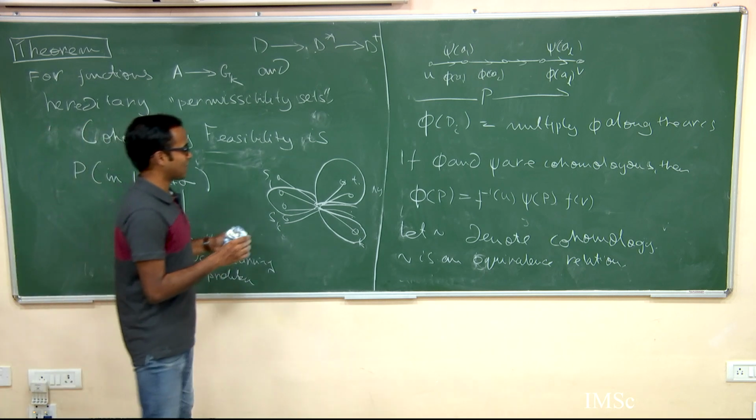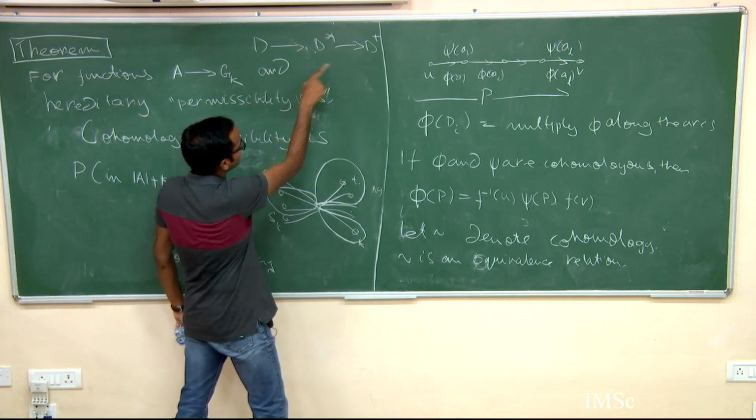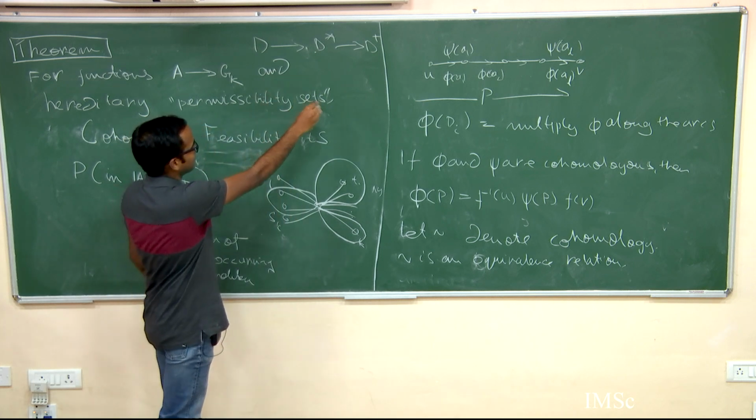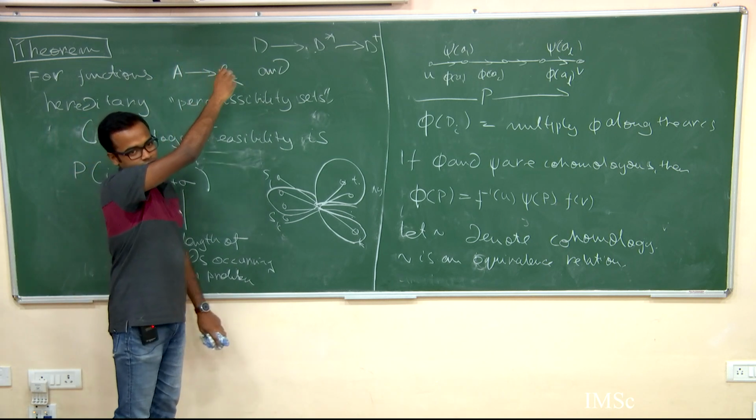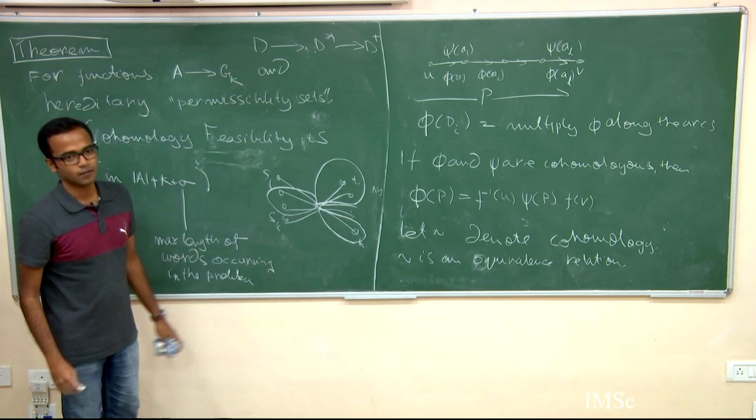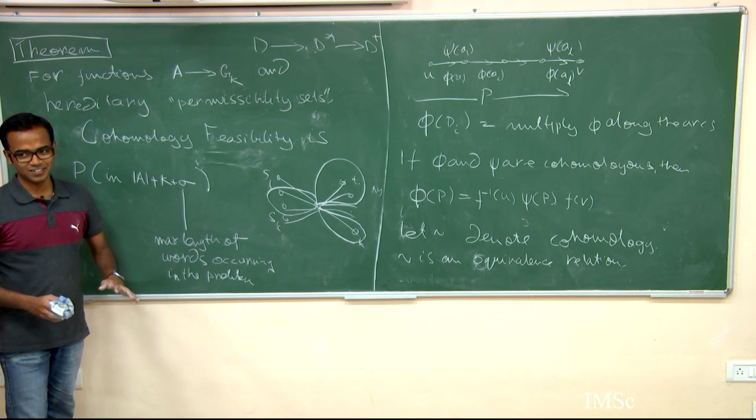What will happen is that when you go from this to this, any path you get in this corresponds to a unique path in this. That's how you will get it. The constants might be huge, but